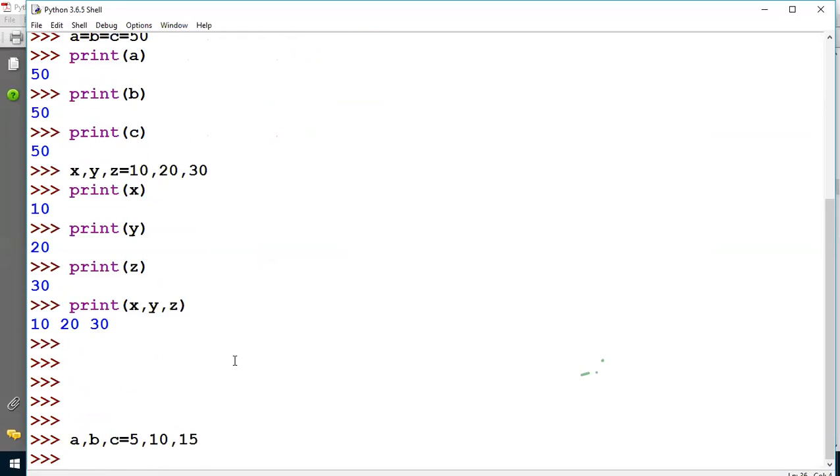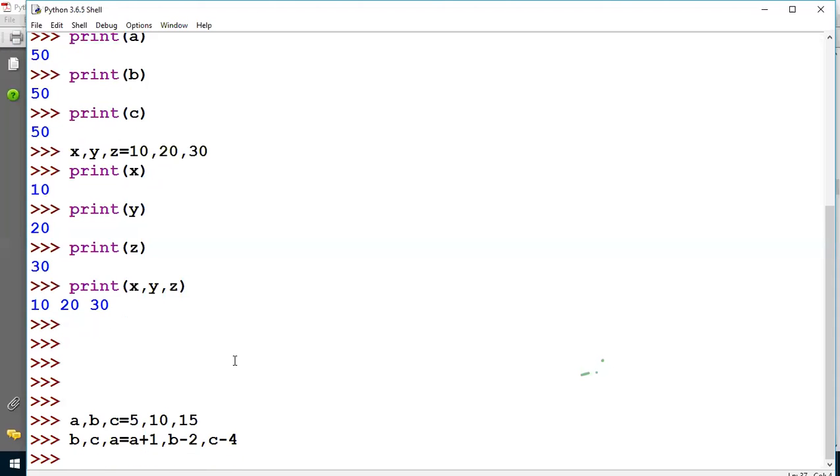Then b comma c comma a equals a plus 1 comma b minus 2 comma c minus 4.